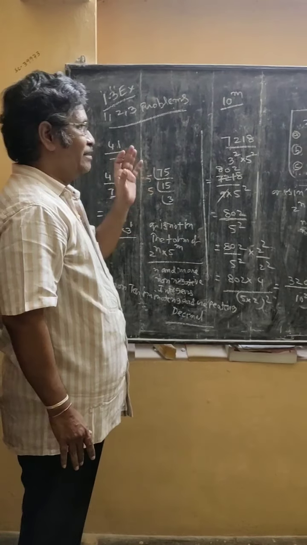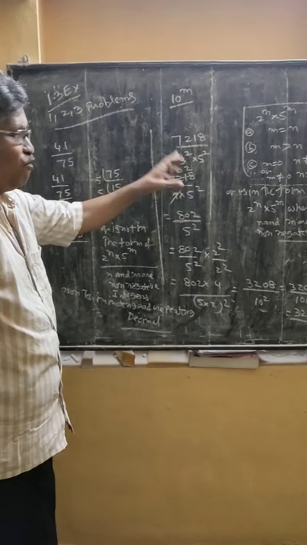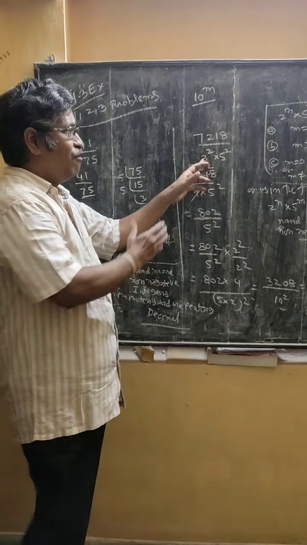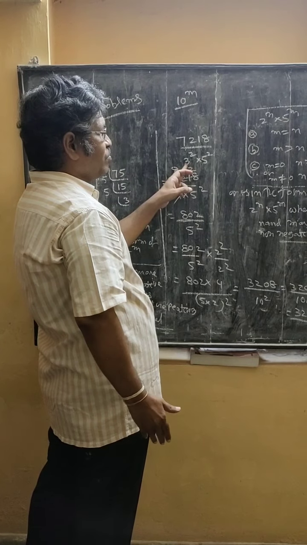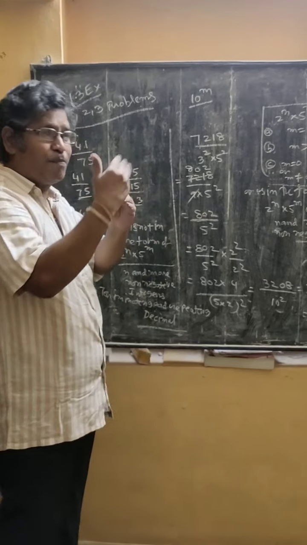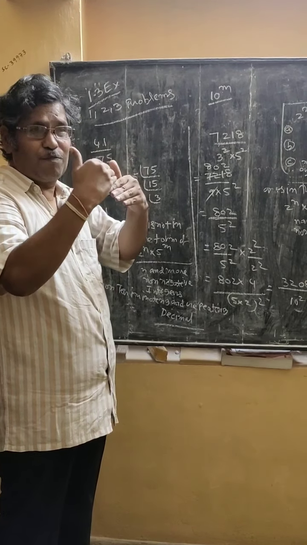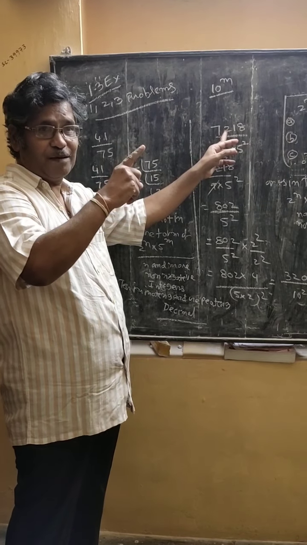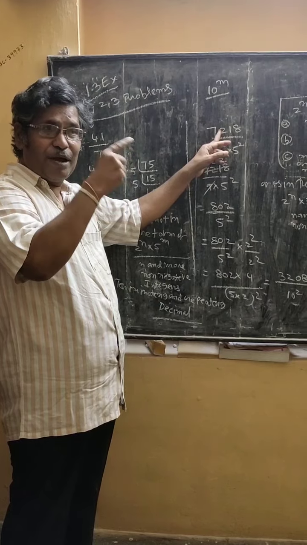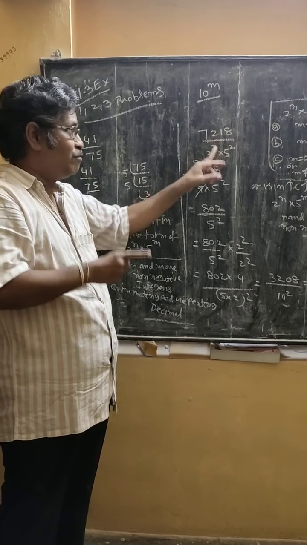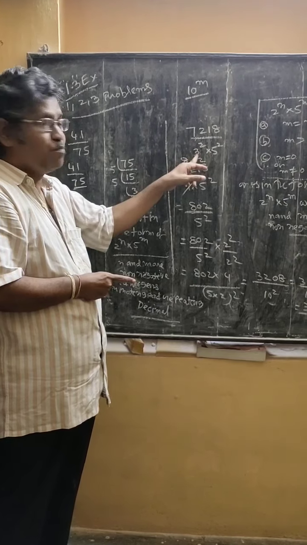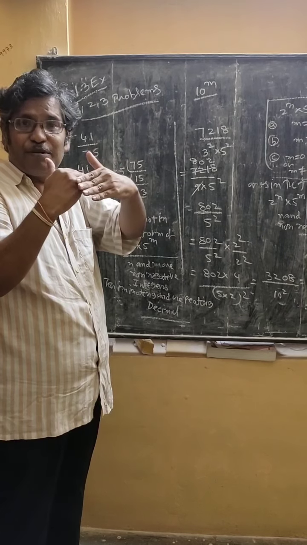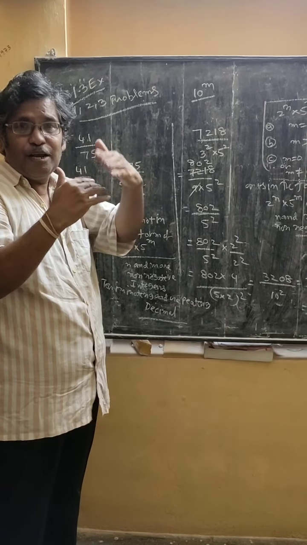Okay. See, dear students, once again I am repeating this one. Here 3 square is there. Many people will think about this problem: 3 is there, 3 square is there. But even though other primes, not only 2 and 5, if other primes like 3, 7 are there, you see the denominator, you see the numerator. Sometimes the numerator may be simplified by those primes. Here you see, this numerator is simplified by 3. Sometimes it is simplified by 7. Sometimes it may be simplified by 11, 13, something like that.